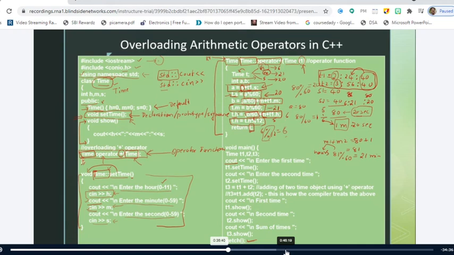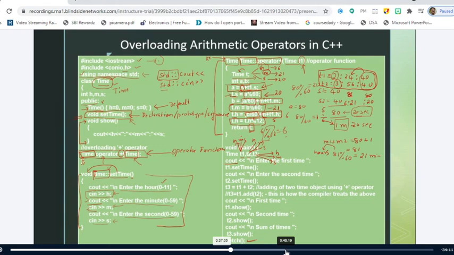Yes, sir. Now coming to the main function, I have taken 3 variables t1, t2, t3. That means I have created 3 objects. So t1 will have h, m and s. Similarly, t2 will have h, m and s. t3 will have h, m and s. Is it clear? Yes, sir.